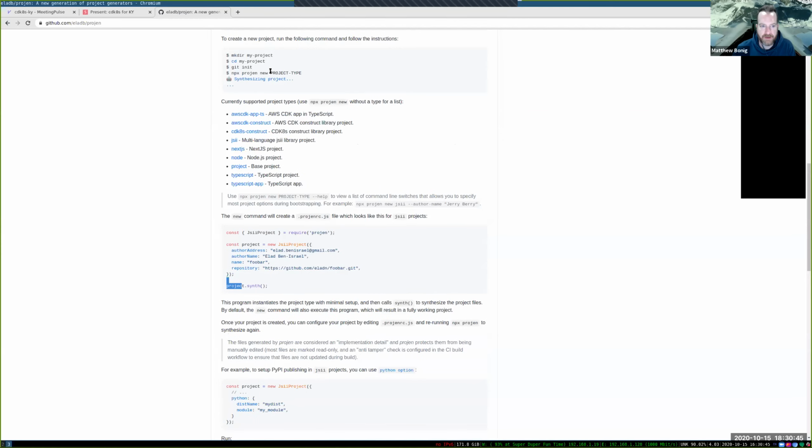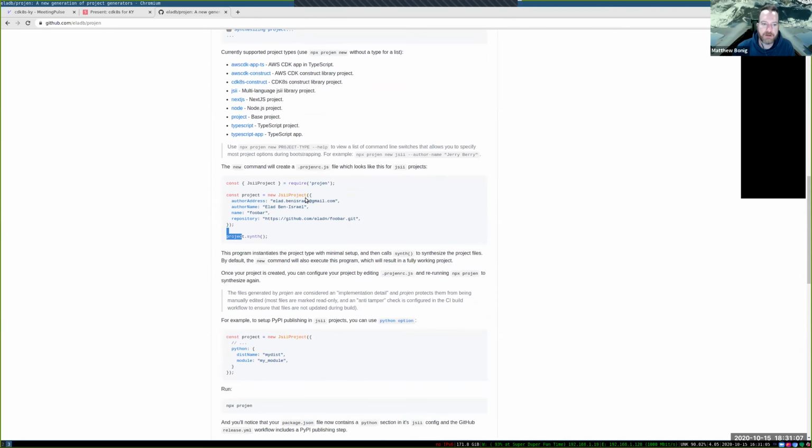And he's got project types in here for cdk8s constructs, AWS constructs, and AWS app. If you're building Next.js projects, this is a project type for Next.js. So rather than worrying about using the templating that comes with Next.js, you could use this to spin up a new Next.js project along the way, and it's easier to maintain that project over time as well.